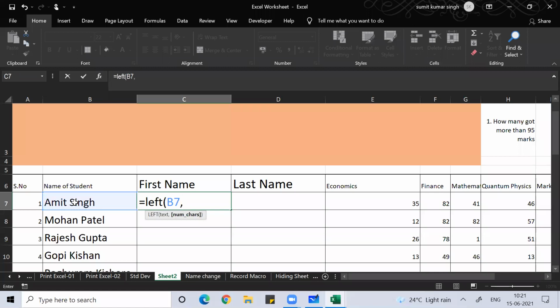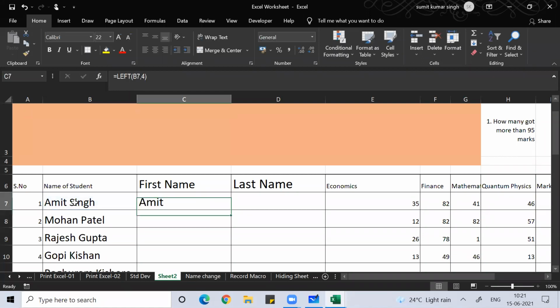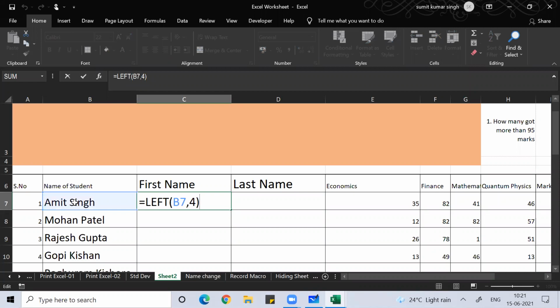How will you determine the number of characters? If you understand, equal to LEFT this name, number of characters means you put 4 here. It will give you the first four characters. Can you understand this? Anyone any doubt?